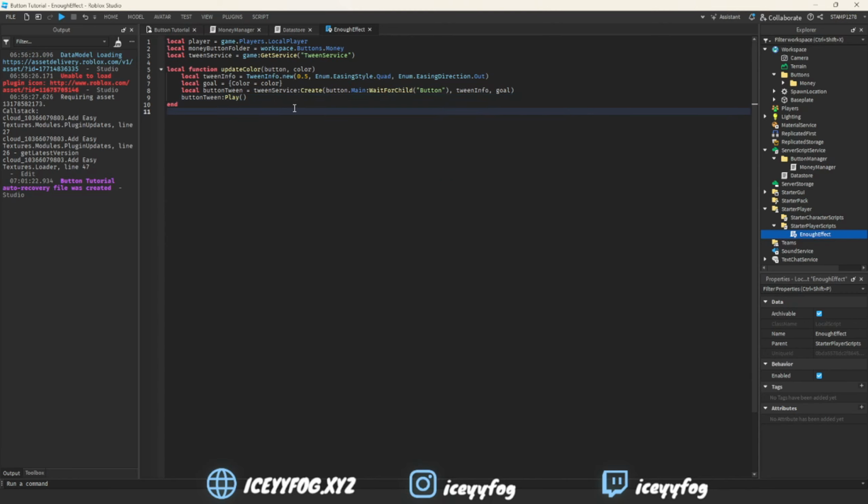Then we need to actually be able to call for this being run, so we need to make a bunch of functions so we can run it. So local function enough cache. We're going to put this to the button like so,